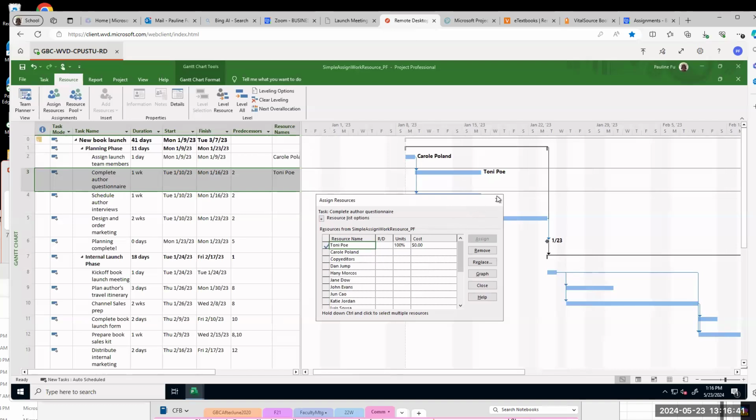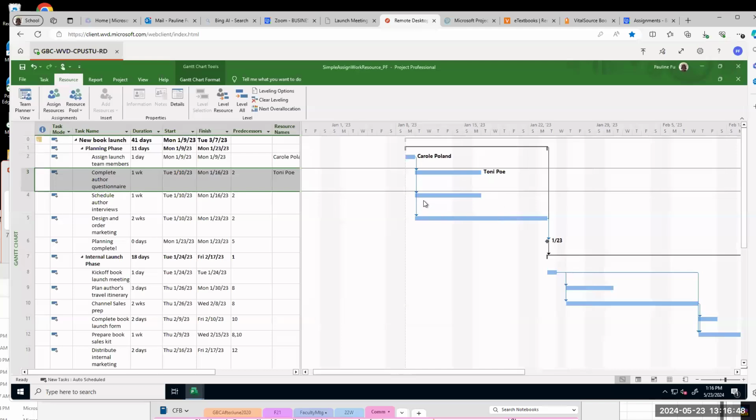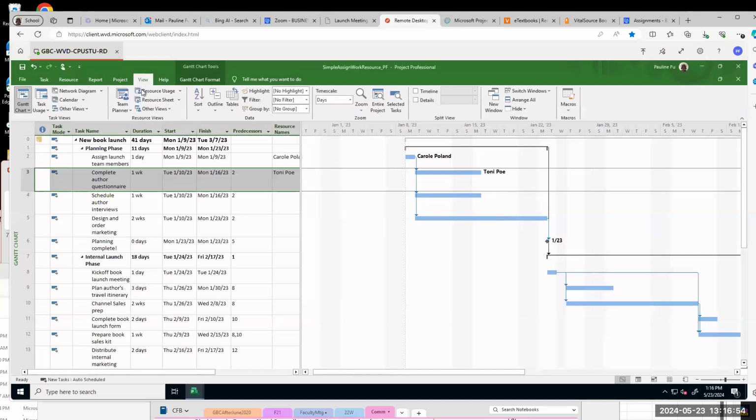To do step 4, you close the assign resource dialog box. So you go to view, click view, and then under split view, click details.